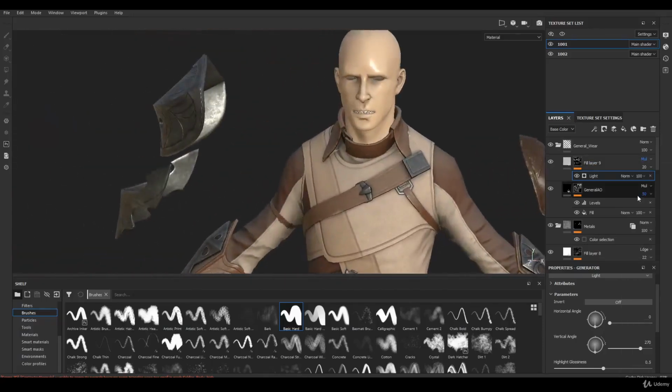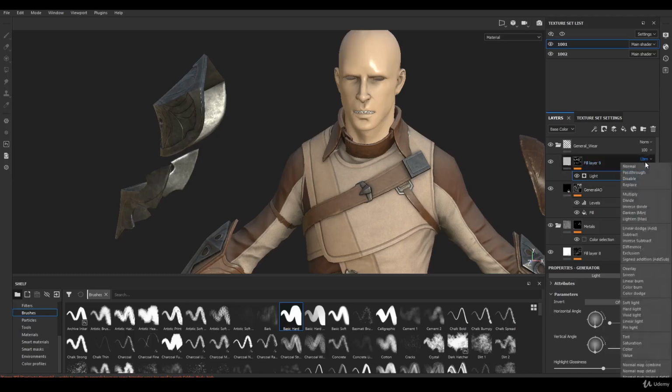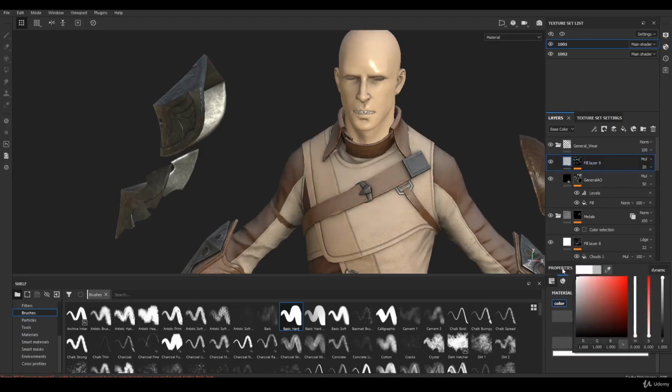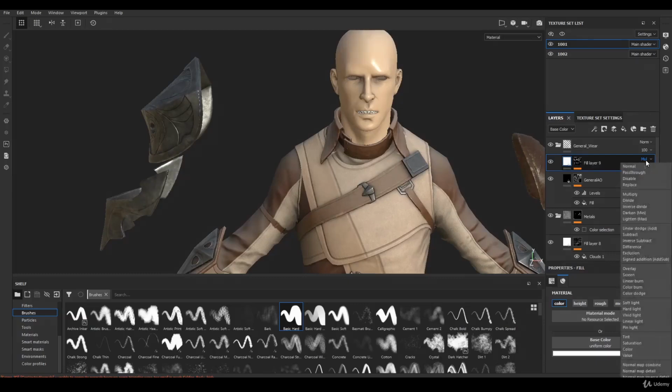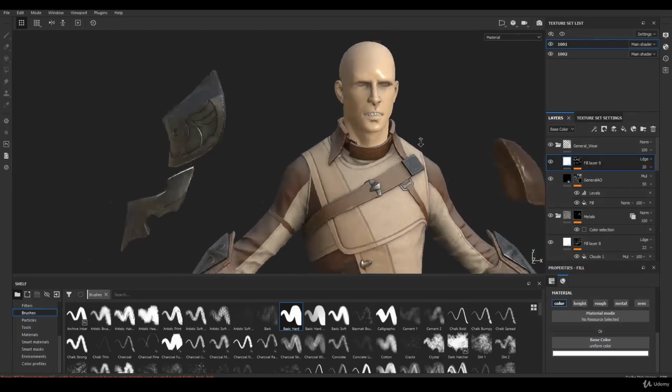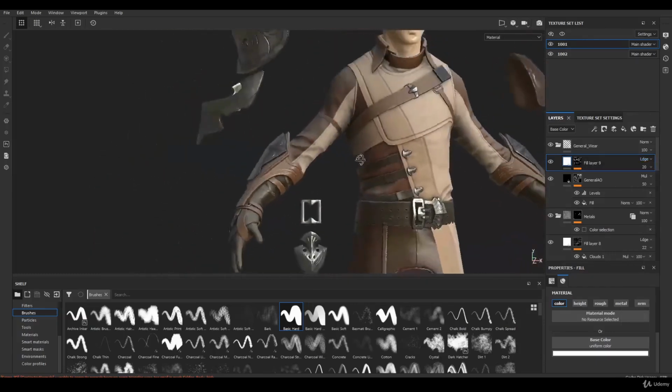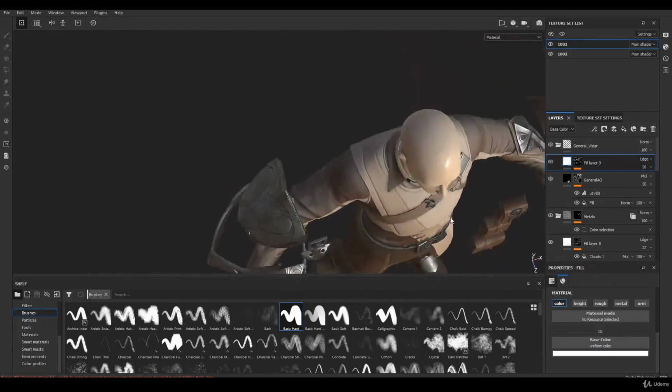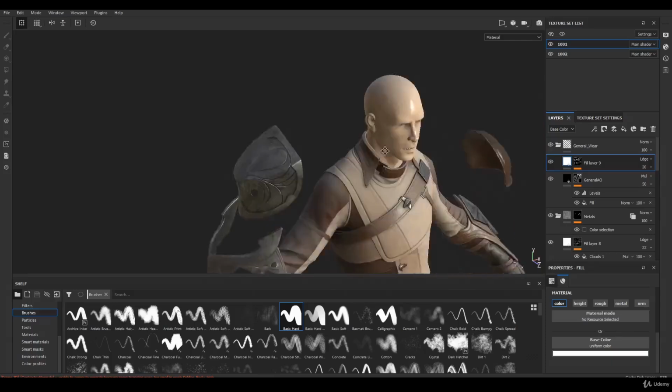Now let's try a different color. Let's see if we can find a different one, because I do feel like this white is not exactly what I'm looking for. Is it completely white though? Oh, it's not. Let's move it to completely white. Let's go to linear dodge. There we go. So now what this is doing, it's adding to every single surface that's pointing up a little bit of an extra